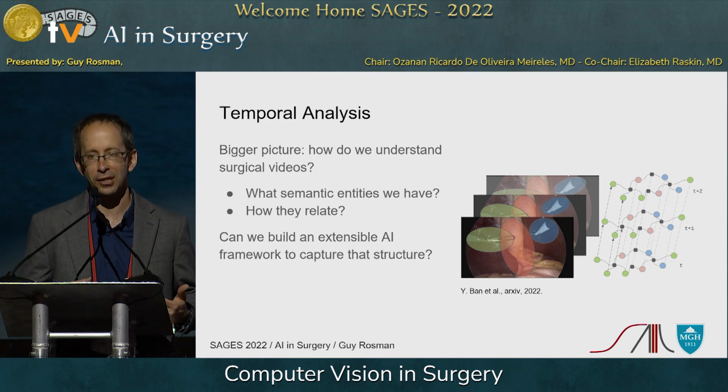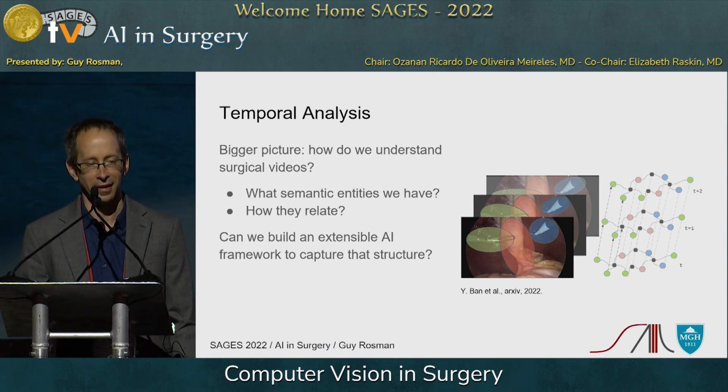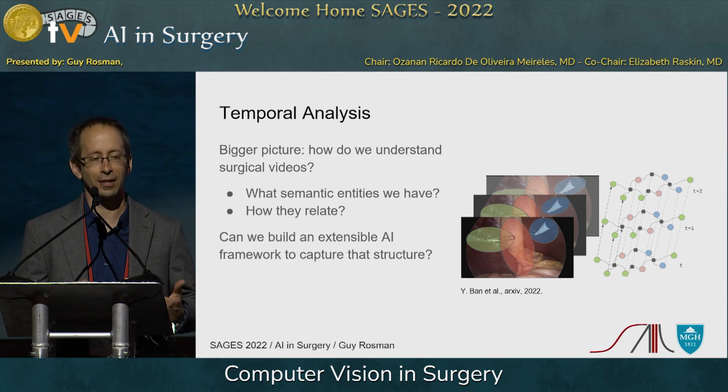Eventually, when a surgeon looks at a video, they have their own web of knowledge, their own knowledge graph, and they're trying to understand, for all of the different things that they know about surgery, what's the state of these in the surgery that they're currently seeing. That relates to the point that Dieter mentioned about explainability. We want algorithms that can actually understand all of these different things and grow these algorithms when we have more data and we can annotate more examples and we care about more and more complex scenarios.